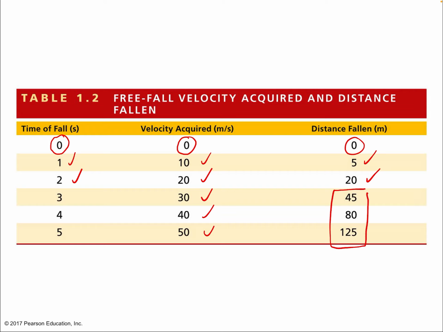As I said before, it doesn't go up steadily like the velocity. Instead, it grows parabolically. It grows with the square, all right? In fact, it grows with 1/2 times the time squared times gravitational acceleration. So the distance fallen, d, is going to be equal to 1/2 times 10 meters per second squared times the time it's fallen squared. That's where those numbers come from. It's exact, plug them in, that's exactly where they come from.